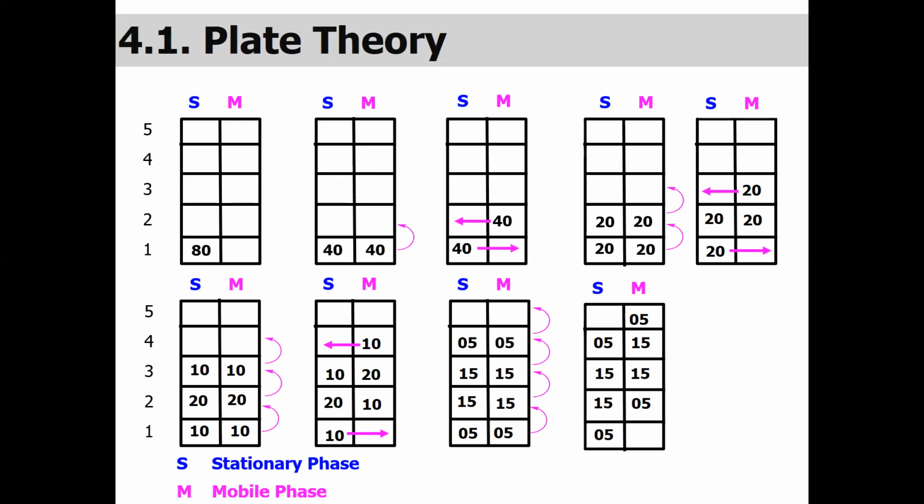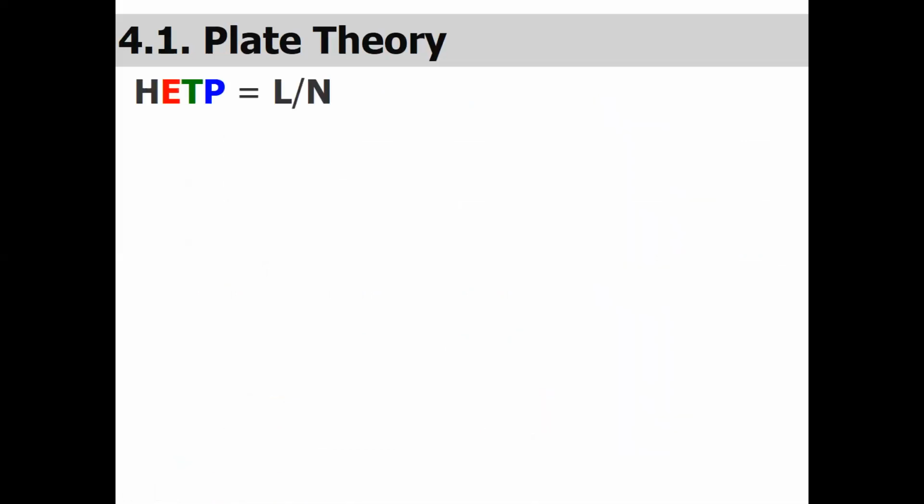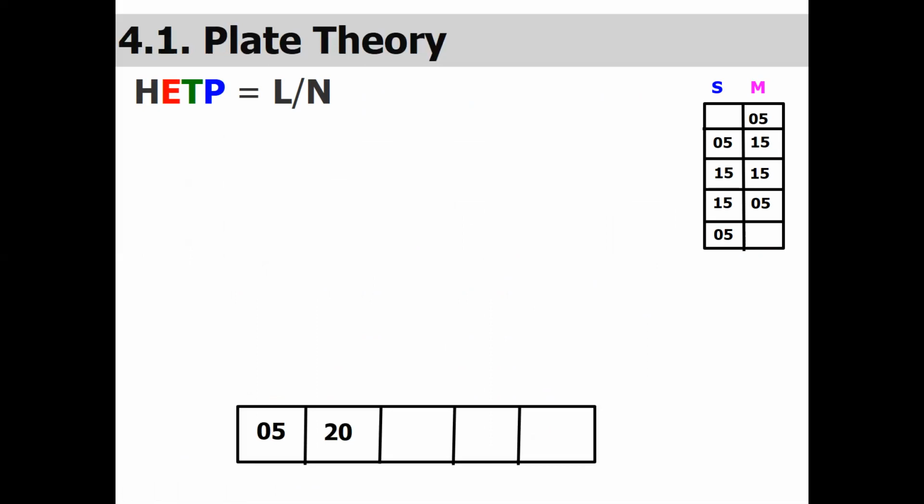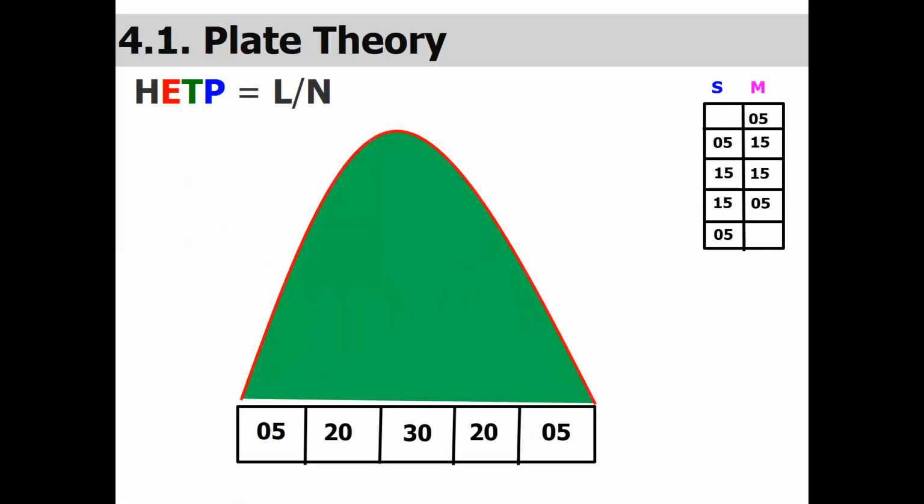Now, how the graph or the compound peak will be observed once we monitor it looks like this. For example, this is the last part of the theoretical plate, and I'm just making it horizontal. Now, this is basically a graph. You can see the concentration of the analyte in the peak, and this peak is observed when we have the five theoretical plates.